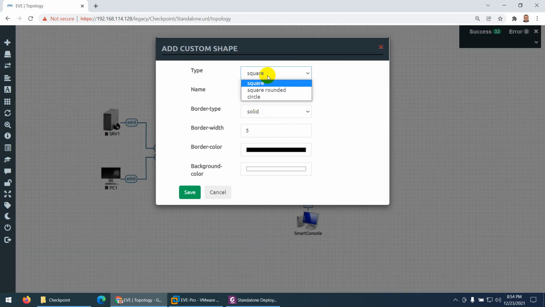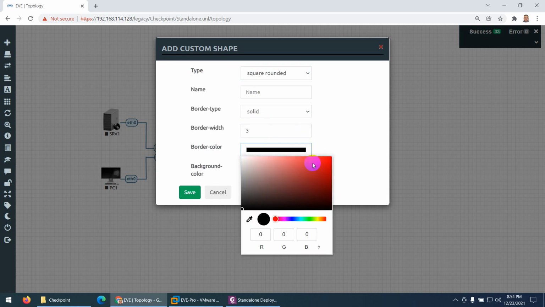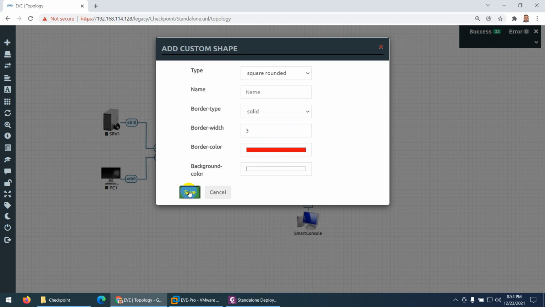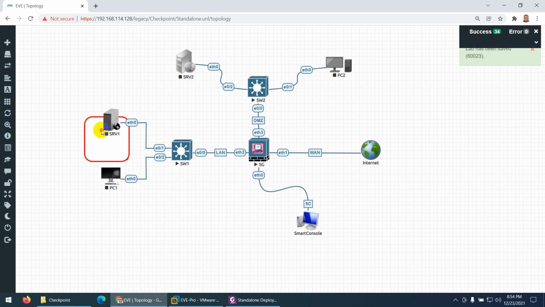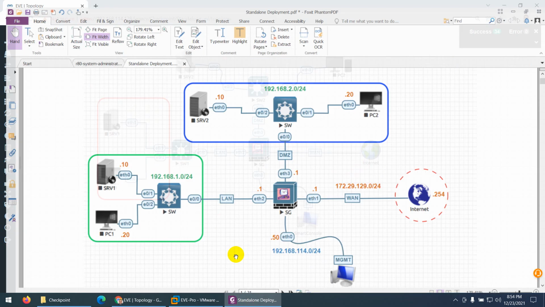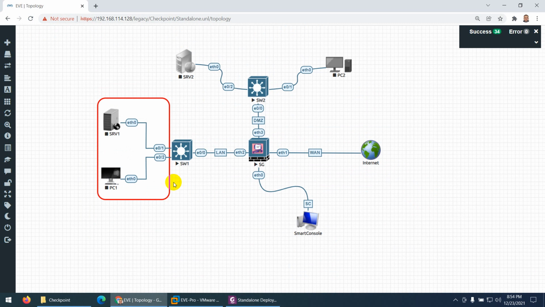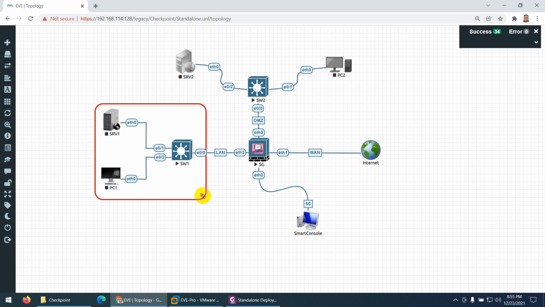Now right click and go to custom shapes. In custom shapes, square with rounded corners is okay, and I need a solid color, but change them to 3, and let's give them a color, this one, and let's bring them here. So this one, let me put them, this is our DMZ. I make them like this, even I close the switch as well. So let's take the switch as well, and let's make them smaller a bit and bring them down.